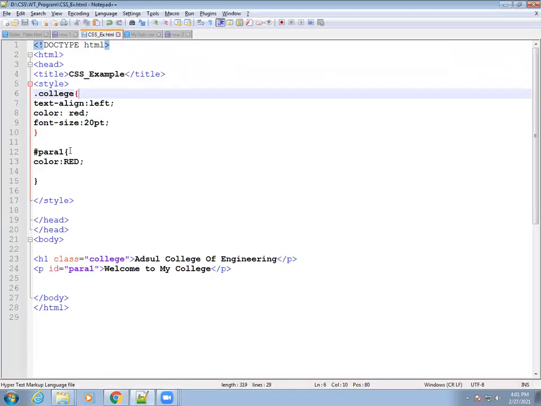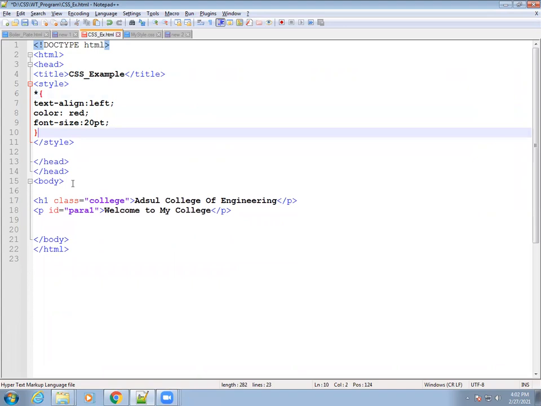Okay, so let's go to our page. First, we write here college and all those things. There is no need to change this class name and ID name. We just put here our star, because we just changed that point. So let's mention only star, and the other remaining things, which is the para and all that, I will delete that part.